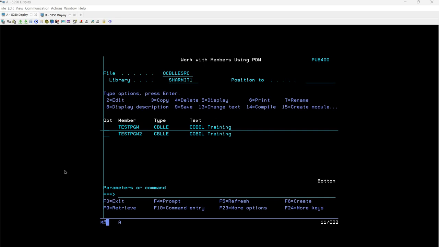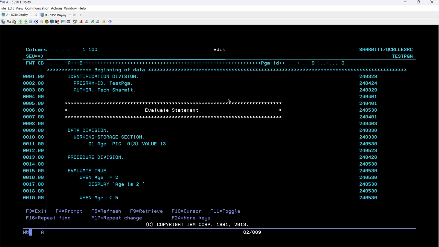If you have learned other programming languages, then maybe you are aware of the case statement. So you can say that it is something related to that only. To explain this program in a simpler way, I have created one simple example and I'll walk you through this code, and we will also understand the syntax that we are going to follow for this particular example for the evaluate statement, and also we'll try to call this program and see how the program is working for the given scenarios. So let me take this option 2 on this screen, and here we can see we have this program